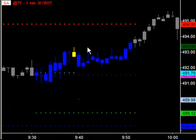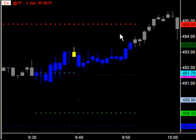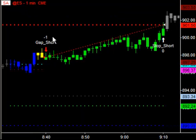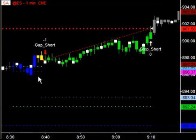And then on the Russell, it did look for quite some time, for a good 20-some odd minutes, before the system stopped looking as the market crept closer to our theoretical stops, canceling all trading for the day. And on the NASDAQ, same thing, only about 5 minutes' worth of searching, and then trading was canceled for the day on the NASDAQ. And lastly, on the ES, the S&P 500 eMini contract, on the 8:30 candle, we opened